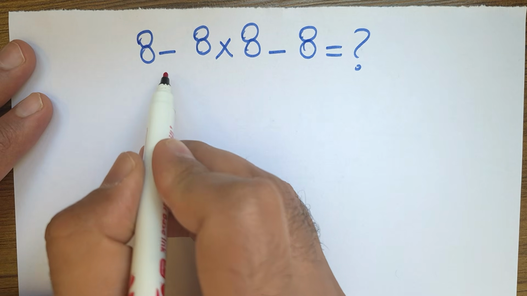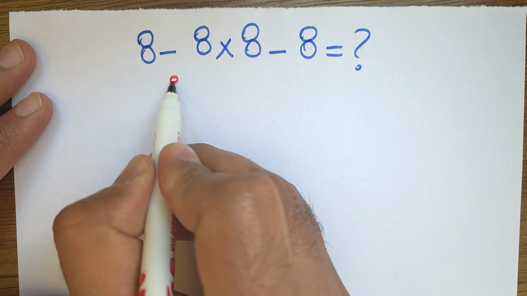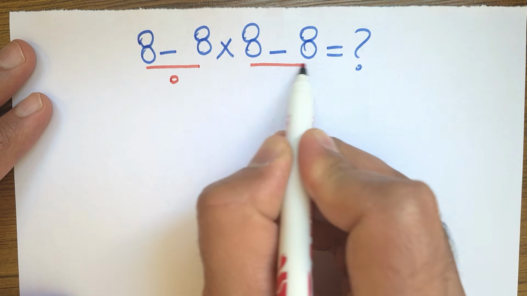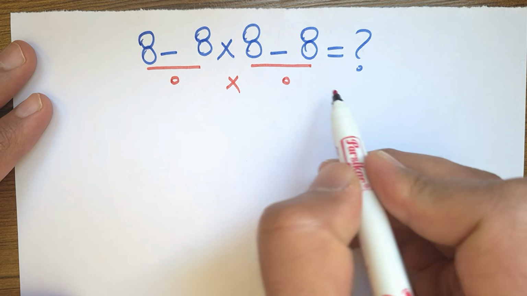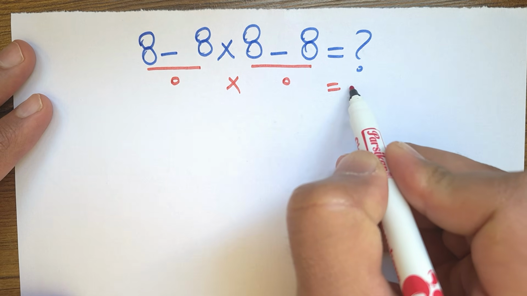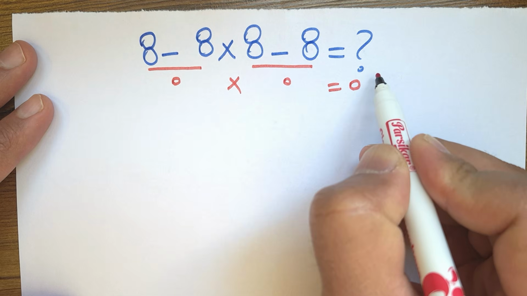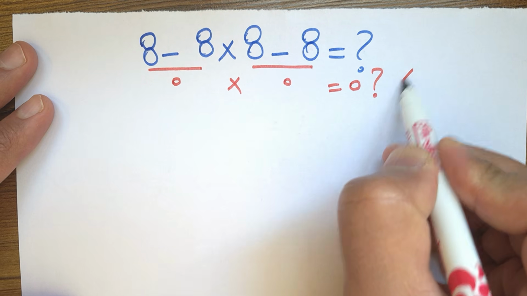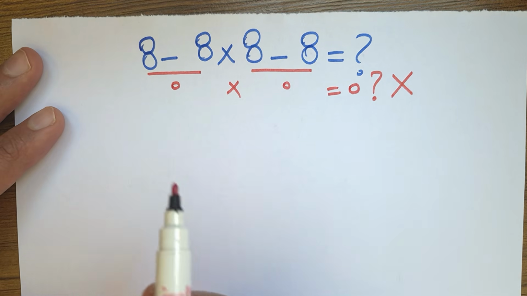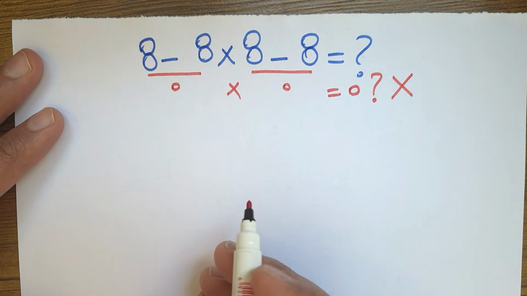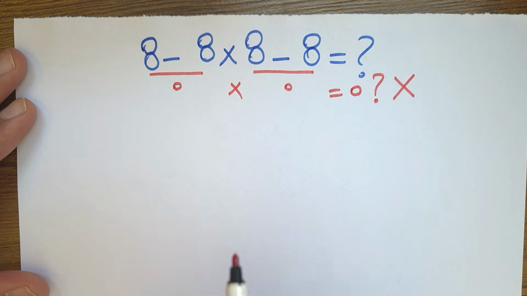8 minus 8 equals 0. 8 minus 8 also equals 0. 0 multiplied by 0 gives us 0. Is that the final answer? No, that's wrong. Why? Because whenever we have a chain of operations, a mathematical expression, we need to follow the